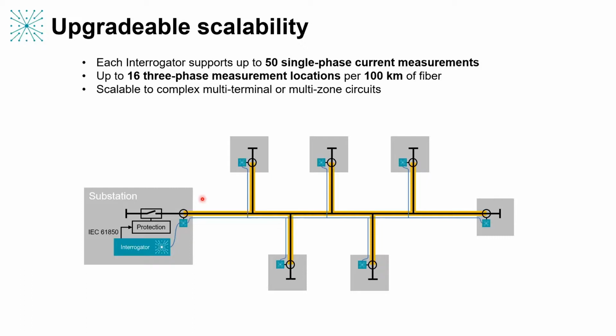Yes, certainly we can deploy custom or specific protection algorithms on the interrogator. But of course, the power of the system is really in delivering all those measurements centrally to devices whose job it is to do that anyway, like protection relays. So it really saves you from having to deploy protection relays at every end of this scheme, because you're providing all those measurements centrally to that protection scheme. As I say, we can certainly deploy particular instances of protection on the interrogator, and indeed we have done in the past, as evidenced by some of the case studies I've talked about.